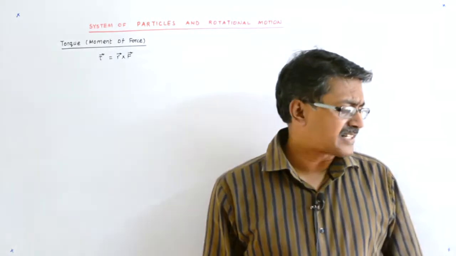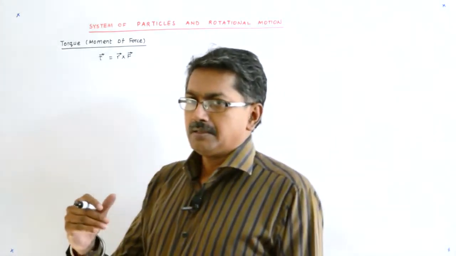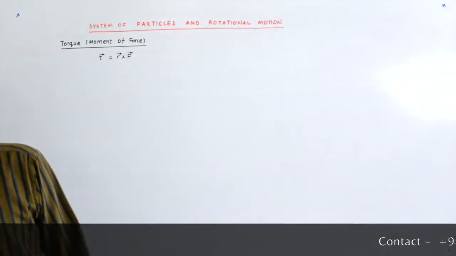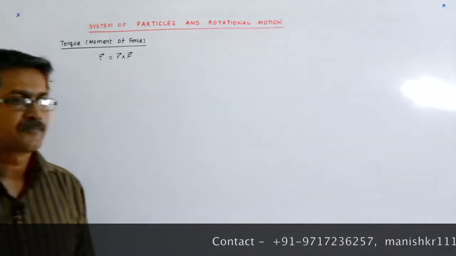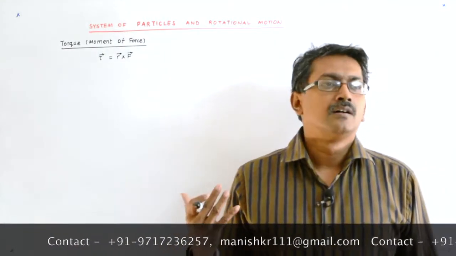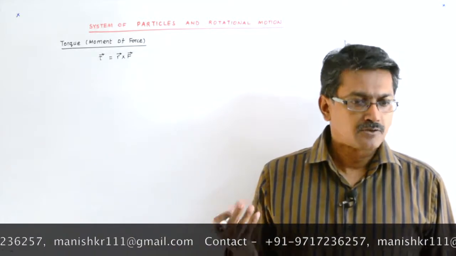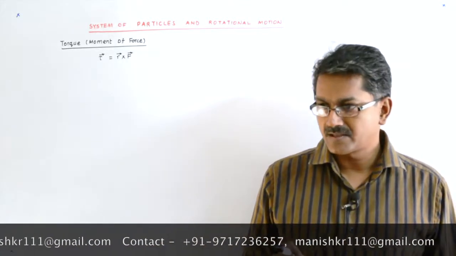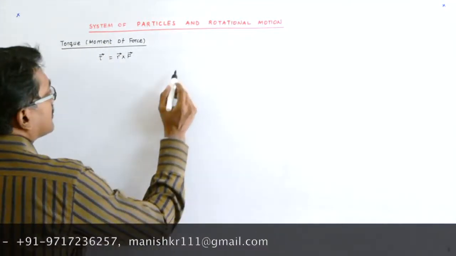I'd like you to understand this at the outset. You have been taught that your r is a position vector, is it not? r is a position vector, and how does a position vector act? It acts from the origin. Correct. It acts from the origin. So let us say if